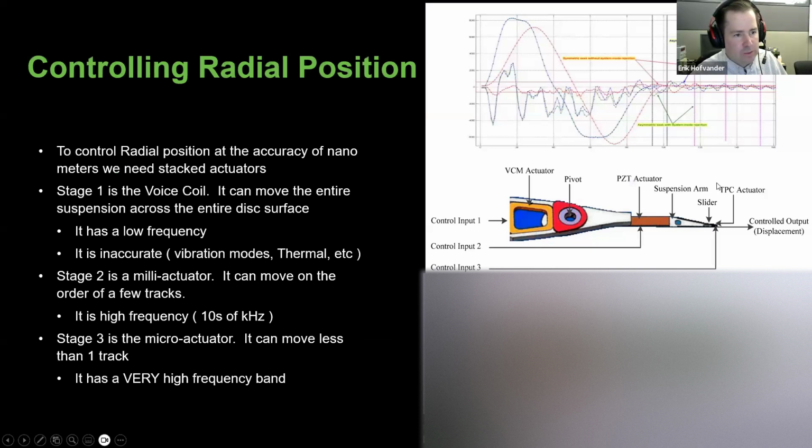So the first problem, of course, is we're going to need to control our radial position. This is the main suspension arm, and it's going to have to move across the entire disk surface. Now, if you guys have taken any controls,